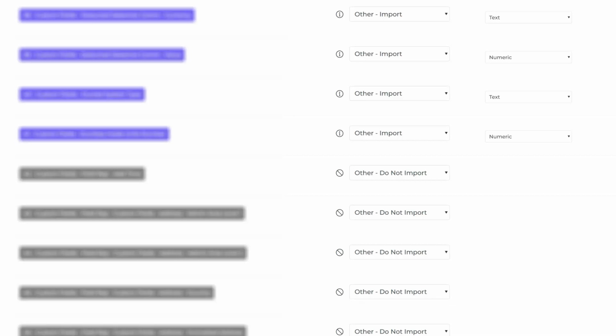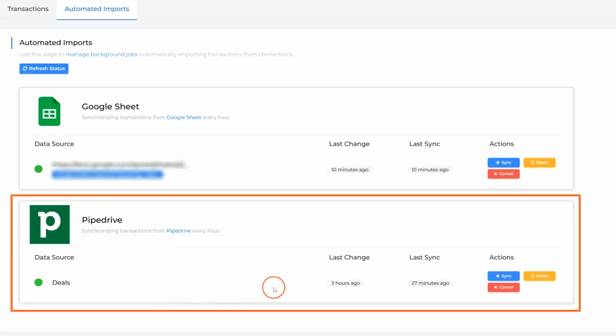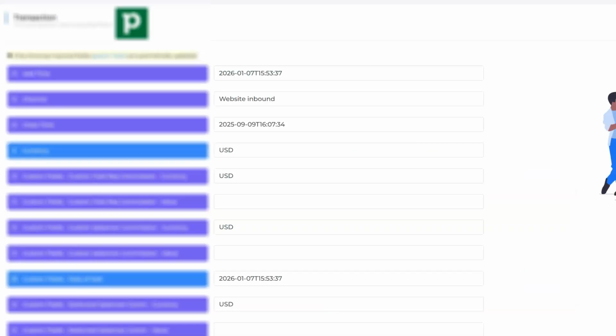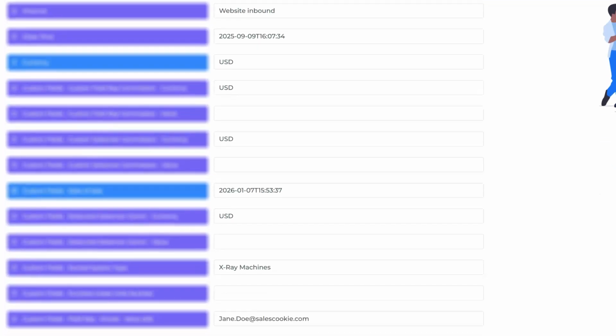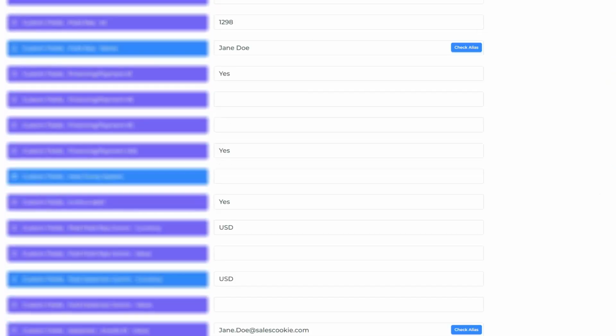the right reps, teams, and territories. Once your mapping is set, Sales Cookie saves your preferences and updates your data hourly. No manual work required. Within minutes, you can see your Pipedrive data inside Sales Cookie using the field names you